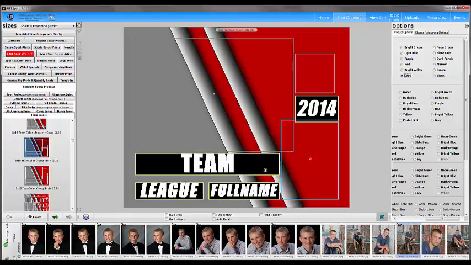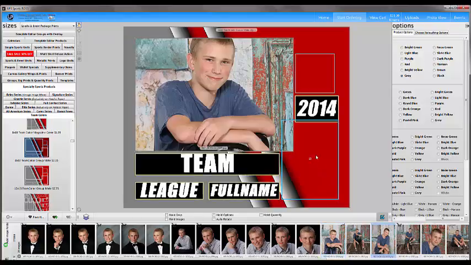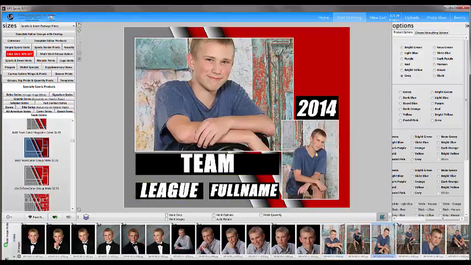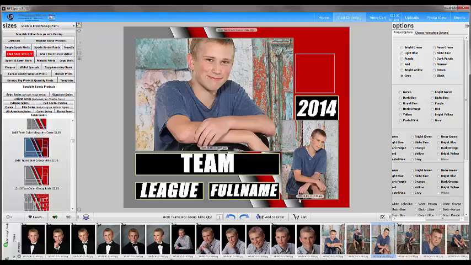So if I were to send this in, if I put two images in here, just like that, and let's say my team colors were red and gray for this one. If I were to hit add to order now and send this to the lab, when this prints, I'm going to get a group mate that says 2014 Team League full name, which I'm sure is not what anybody wants, unless you're doing samples, you may leave it that way then,